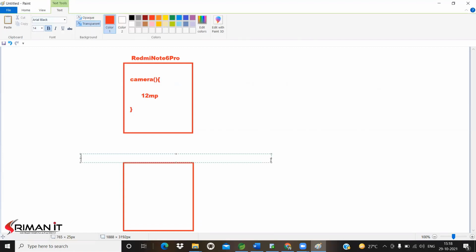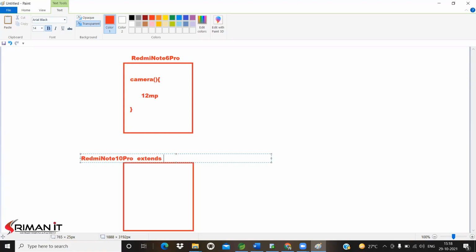What is that new mobile? Redmi Note 10 Pro. Same brand, a different version, an extended and enhanced version of Redmi Note 6 Pro. So Redmi Note 10 Pro is the enhancement product of Redmi Note 6 Pro.